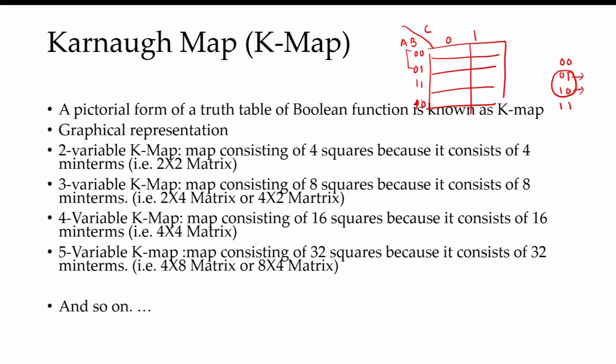That's why we do not prefer a binary sequence, means columns or rows of K map are not represented in binary sequence. It is represented in a gray sequence, and we know how we simply find a gray sequence or gray code from a binary code. Suppose this is a binary code, and then we find a gray code corresponding to each binary representation.